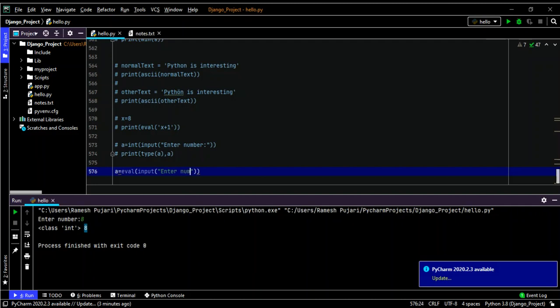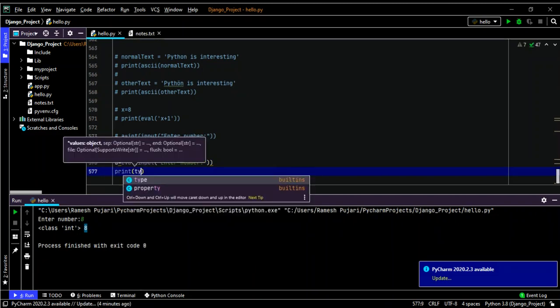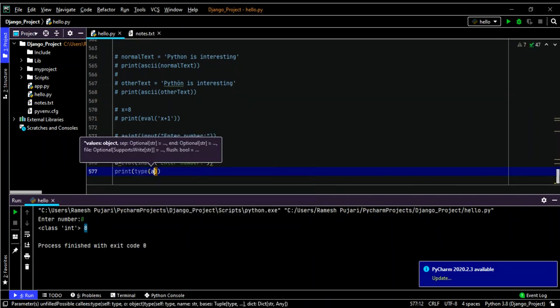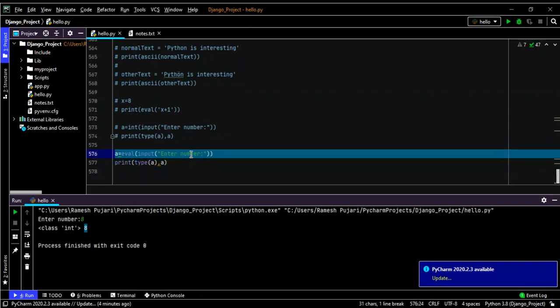I'm asking the user to enter the number, and I'm printing the number, printing the type of the number, like what data type the user entered. After that I'll print that number. So now you can notice here, based on whichever number I'm entering, it will be converted automatically. So this is the functionality of the eval function.